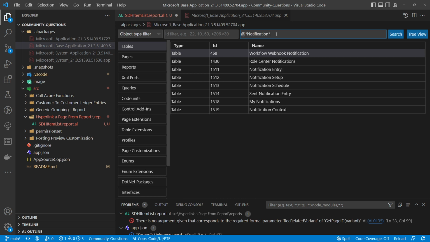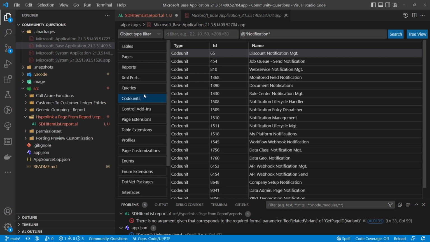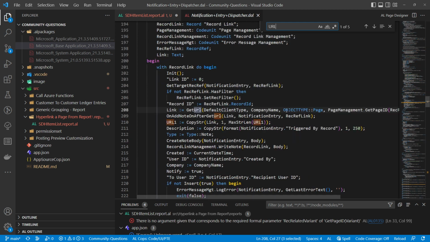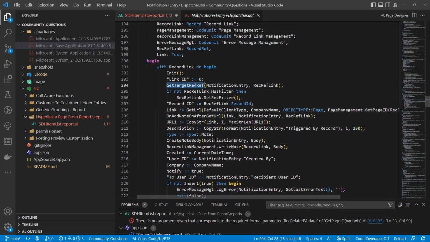So we'll just keep on referring to that code unit just to keep it simple. Okay, is this the one? I'm not sure. Okay, there it is. So it says that there is a method called get target ref, which then is a local variable,